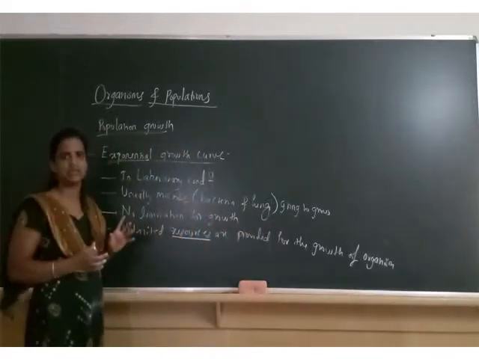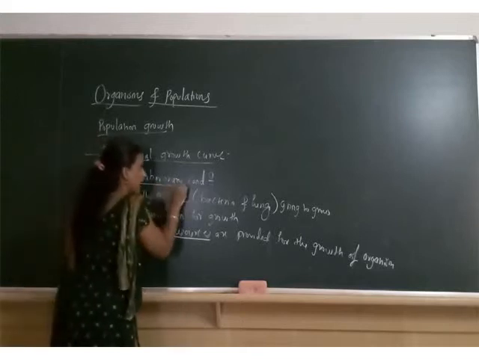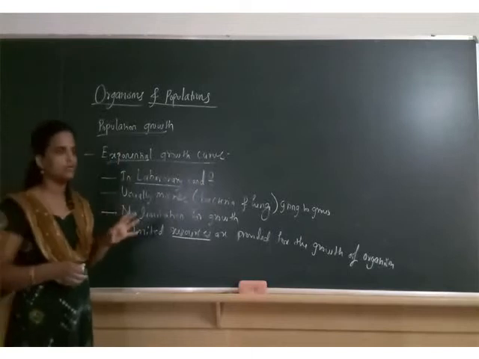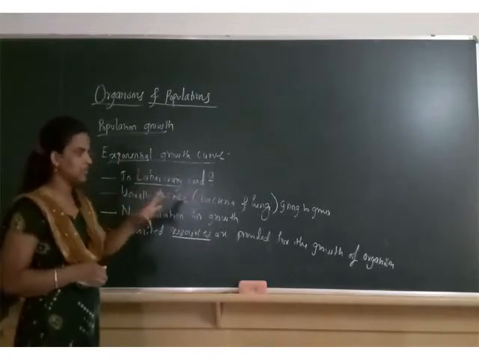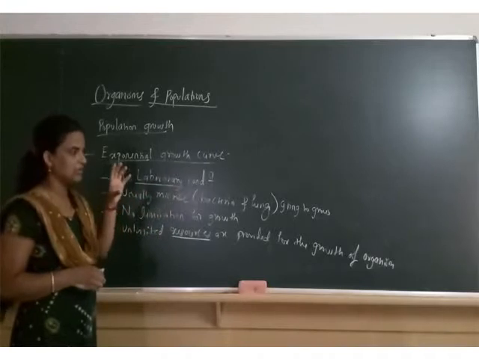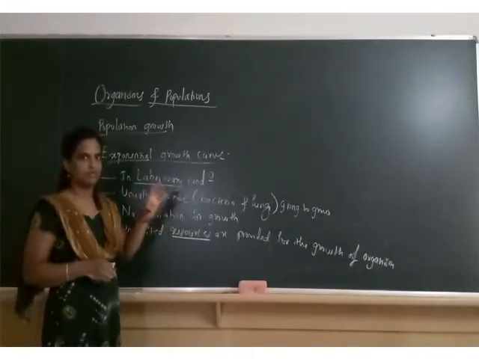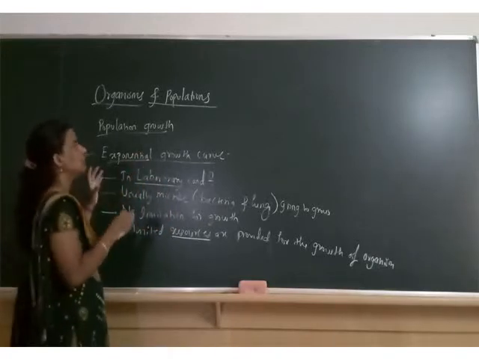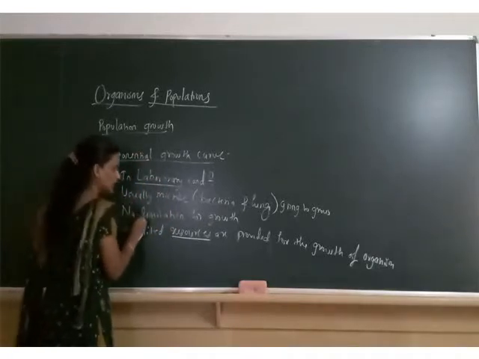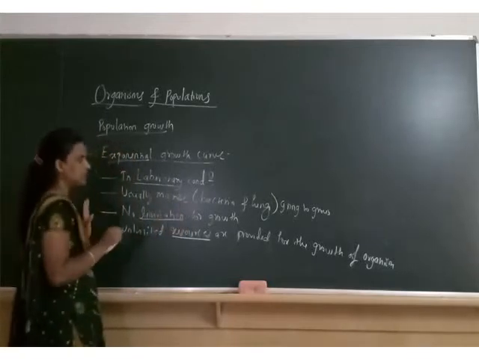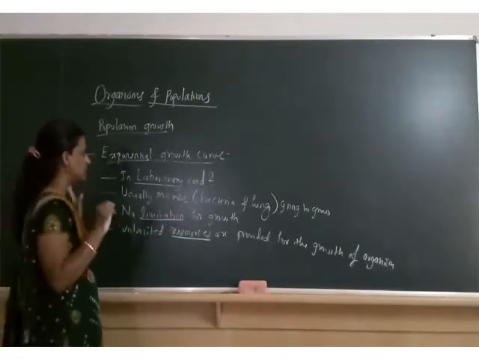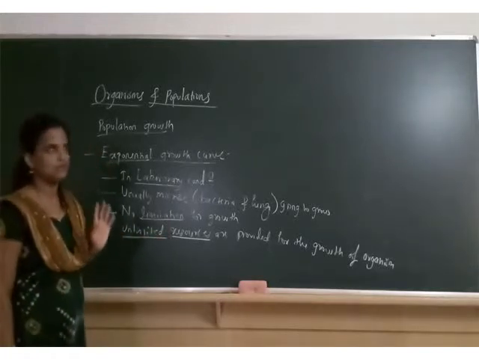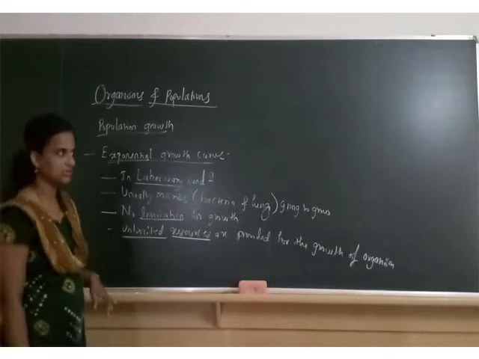Okay, all limitations are not there because it is in laboratory condition. That will be in our hands. So we are always going to add the nourishments, optimum temperature. Okay, we provide light, we provide as much space as needed. Because of that there are no limitations for the growth. Continuously it is growing, and we are going to provide unlimited resources. So it is called exponential growth.